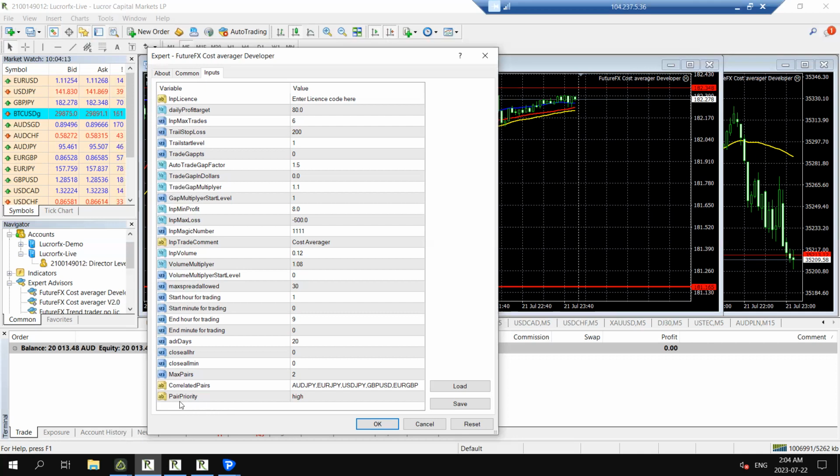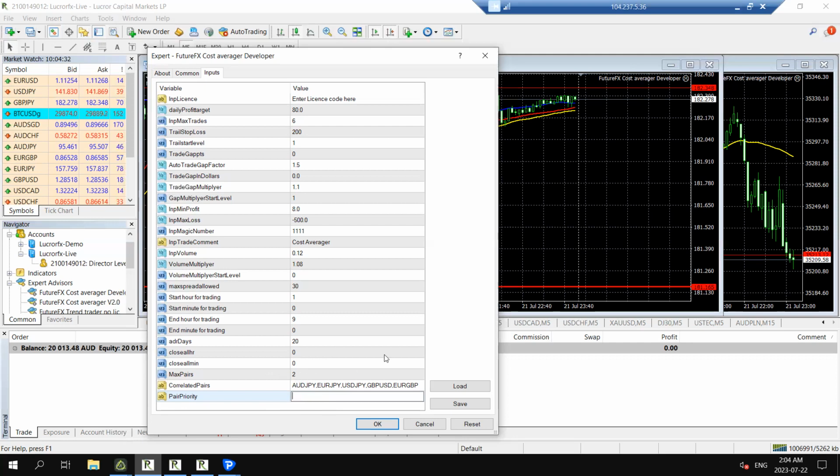That brings us into pair priority. So I've divided this up into three. By default, this will be on nothing, meaning that all the pairs are going to have the same amount of priority. And what I mean by pair priority is, let's say,